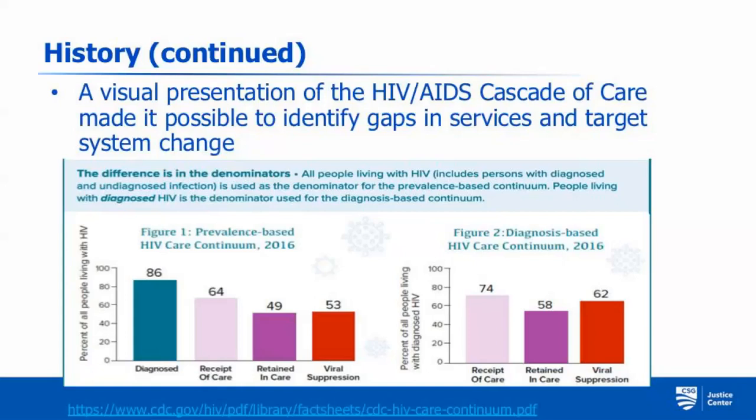Of course, this cuts across many different systems. It has to do with the way we can identify people with HIV, the way treatment services get delivered, how we look at care and involvement in care, and then how we look at different outcomes.